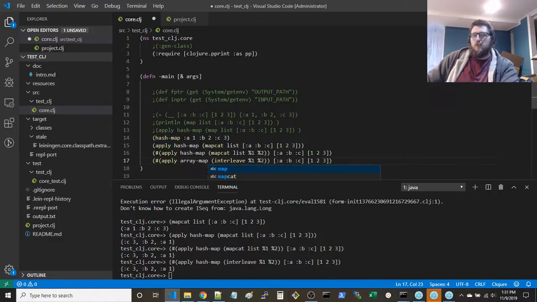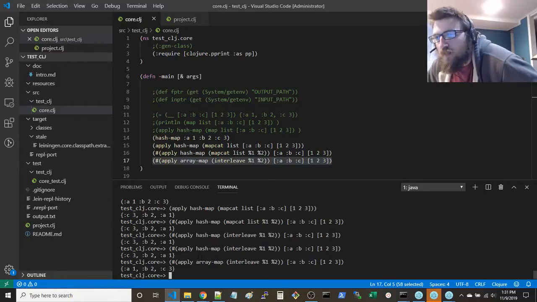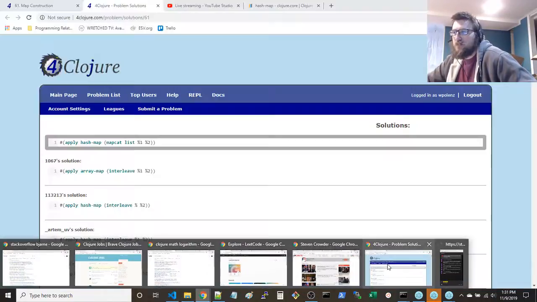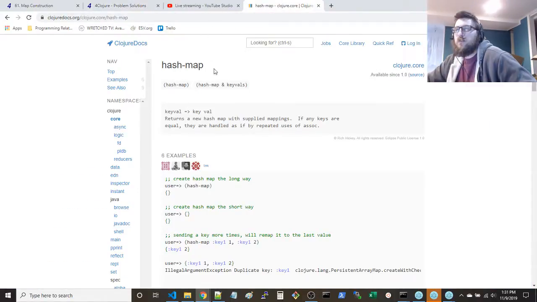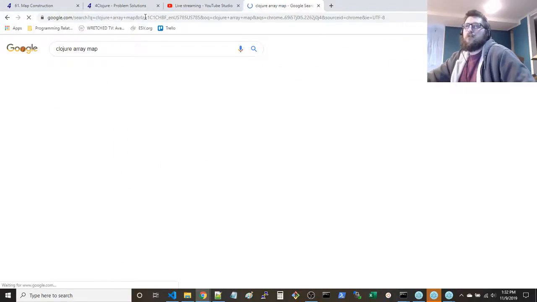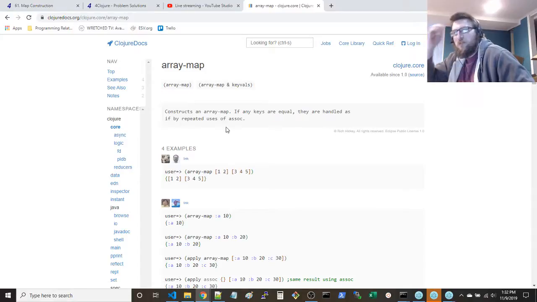Go look that one up, what array map does. Same thing. What's an array map though? Clojure array map. If any keys are equal, they're handled as if by repeated use of association.